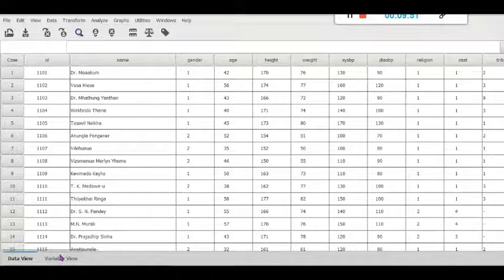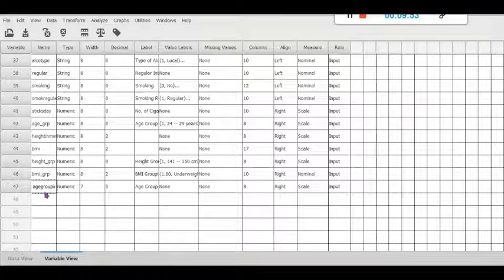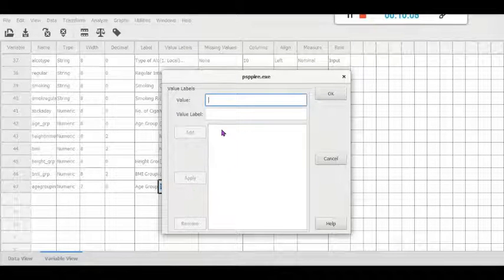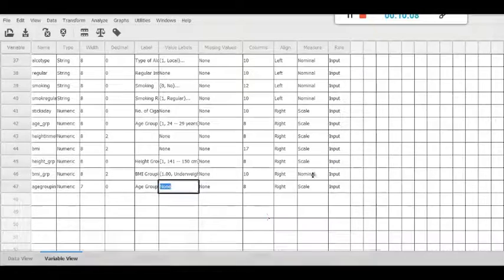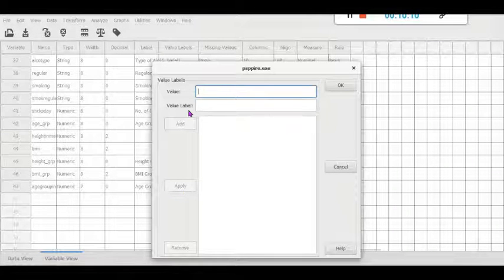For that case, you have to go to the variable view, and this variable age grouping, value levels. Go to value levels here, double click in this cell, then this new window will come. So value 1.